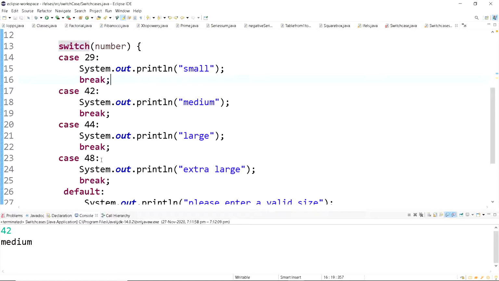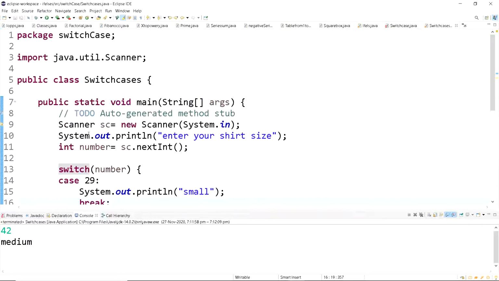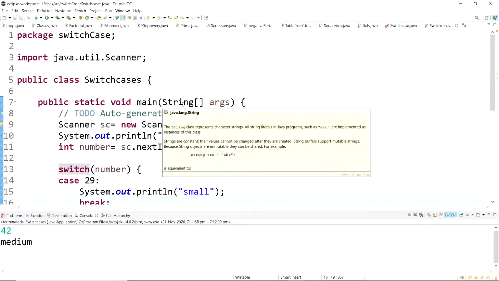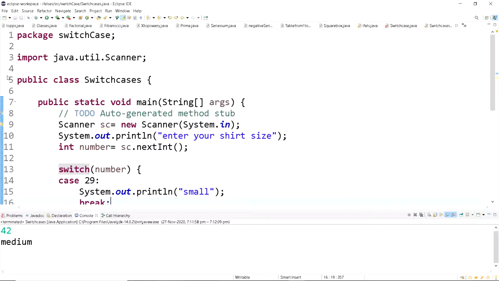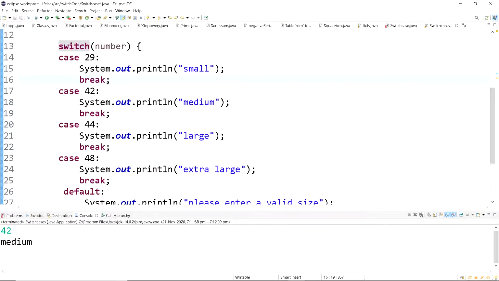This itself differs the switch case from if else if, where we write else if, else if, else if. There, when someone gives the value for the variable, it will check each and every else if. It checks whether the statement is true, no, okay, jump to the next else if.